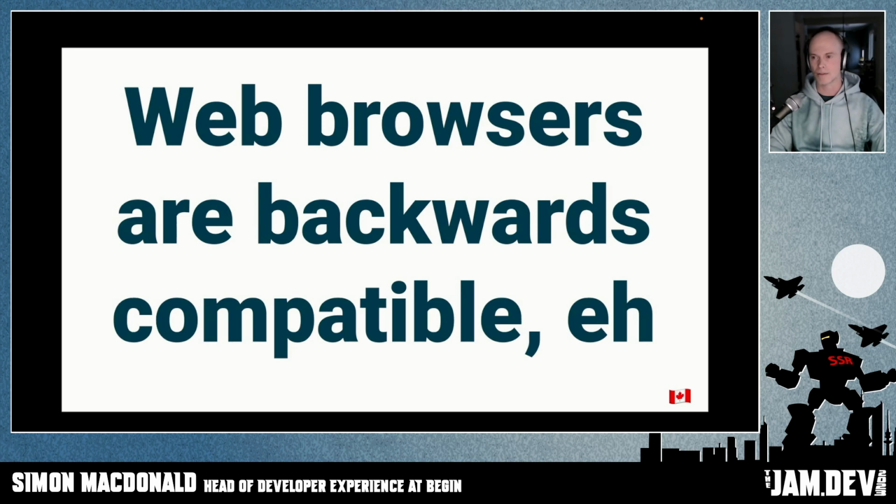Anyway, what we really mean by this backwards compatibility is that if you look at sites and code that were written over 25 years ago, you'll see that they still work perfectly well in today's modern browsers. One example of this is jQuery. So jQuery was used in many, many sites in order to smooth over a lot of the differences that existed in these browsers.